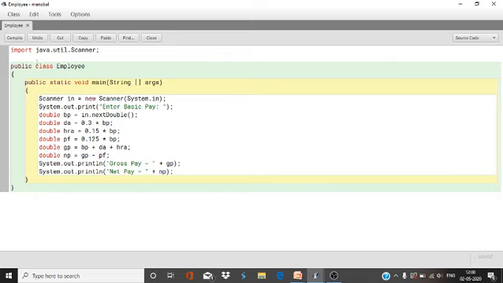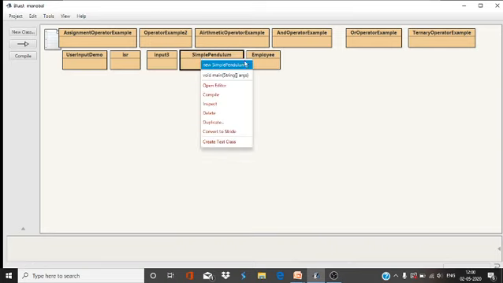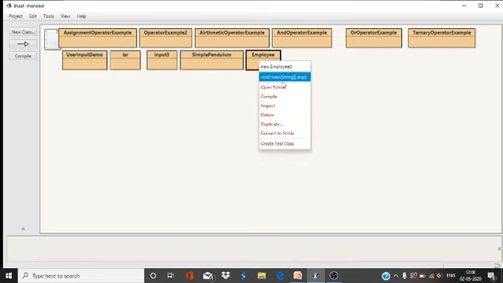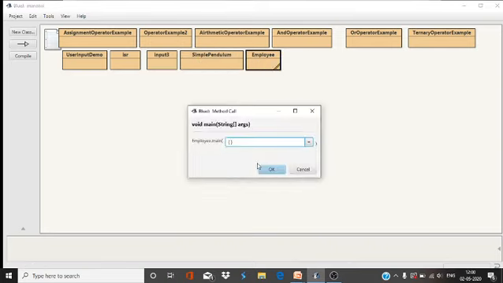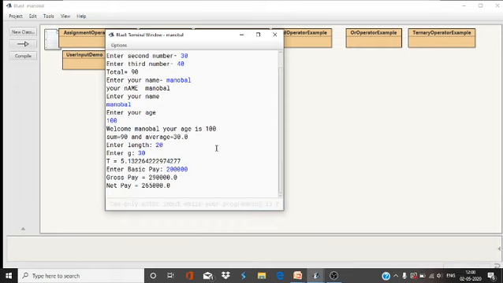Now simply print this. So these are the simple steps to write the program. Here you can simply store the value and execute the program, no problem. Simple programs. Suppose I enter the basic pay 20,000. So gross pay will be this much and net pay will be this much.